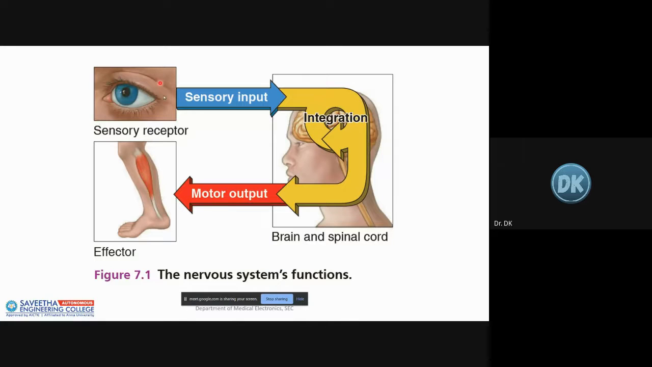So the eye is the sensory receptor here, your muscle is your effector here, and brain and spinal cord will integrate the data. So these are the 3 functions of your nervous system. That is, first it will sense the data, it will integrate the data, and it will provide the motor output for your input data. So sensory receptor, integrator, and you have an effector. So these are the 3 main functions of your nervous system. Okay,